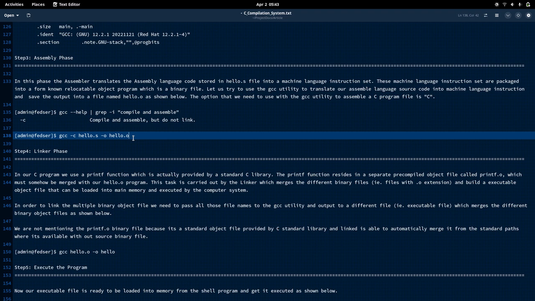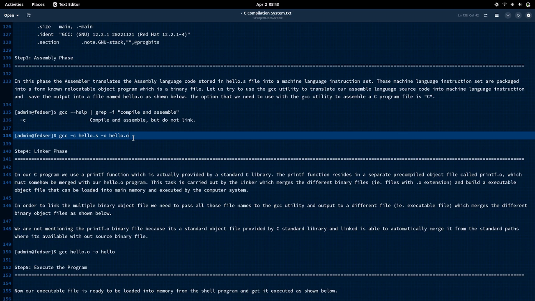Okay, so who does that? That is where the linker comes into the picture. The linker takes our source code object file, that is hello.o, and tries to link it with the standard library object files.